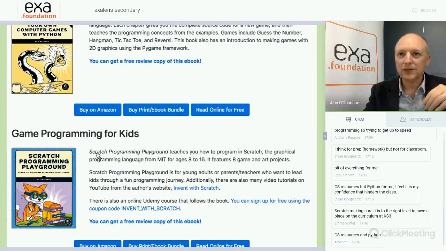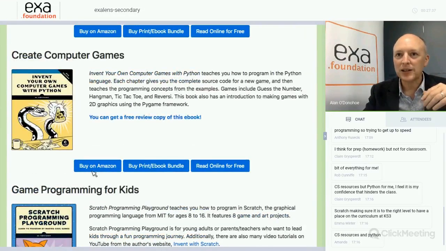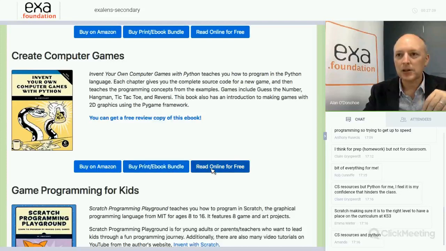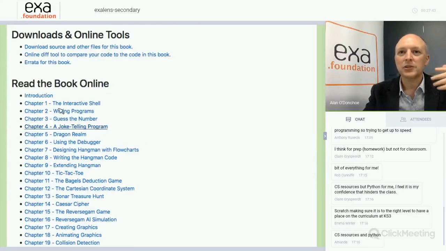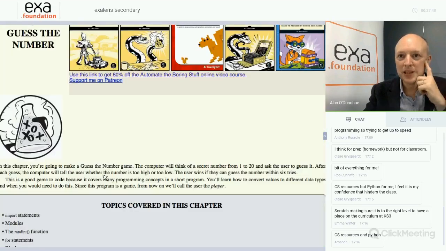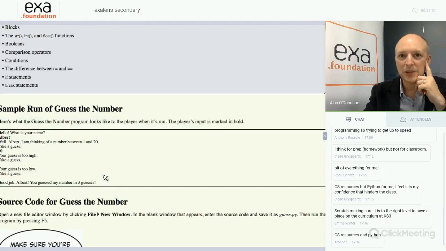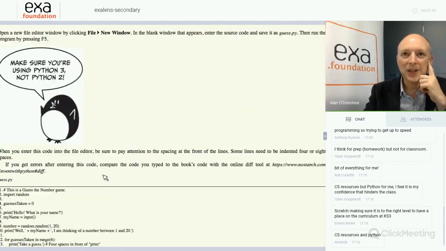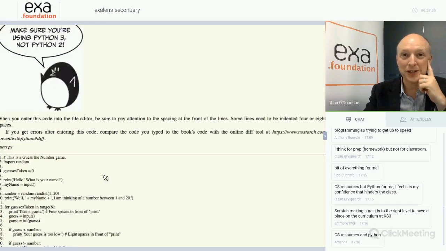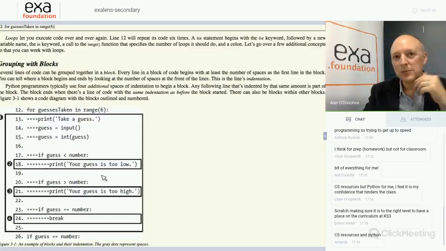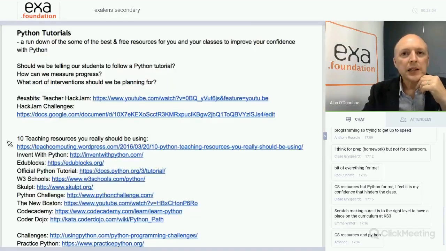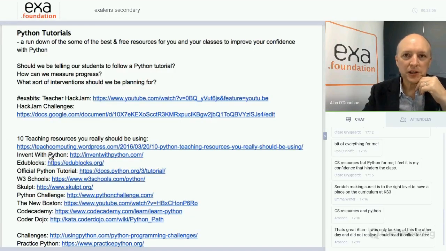And if you want to get the free one, you just basically go to where it says you either buy the bundle, or read online for free, and it will take you to a place where you can then just read the chapters. So chapter 3, the guess the number game. If you've ever been on any courses that I do, you might have noticed this is a particular one I use. Yeah, make sure you're using the right version of Python. And you can download the code, and I use it sometimes for sabotage in some of those lessons that I've done. Now, there are some other things I'm going to mention now.